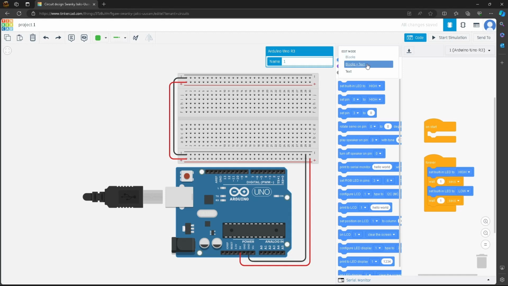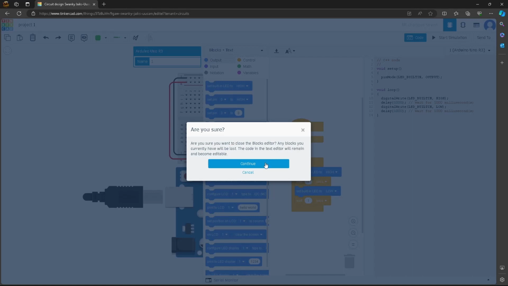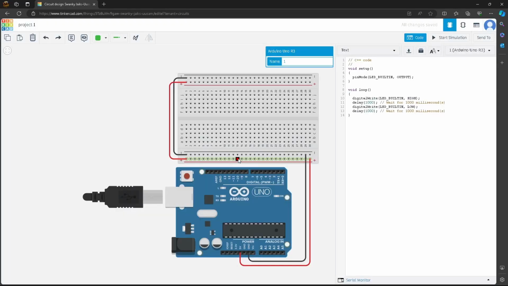If you want, you can go to blocks or blocks and text. Or if you want it to be simplified, you can just use text. So as you can see, there's a warning sign. If you're sure you don't want to use the block editor, you can just click on continue. You can go back to it anytime. So as you can see,